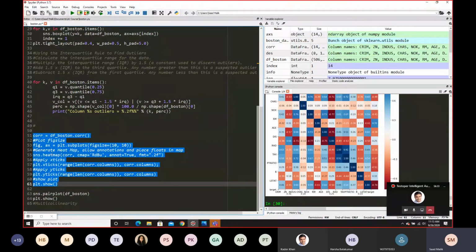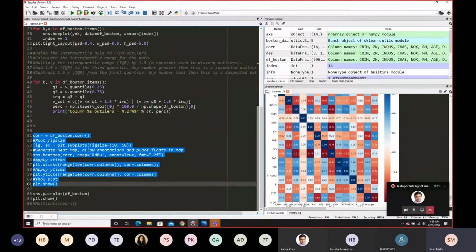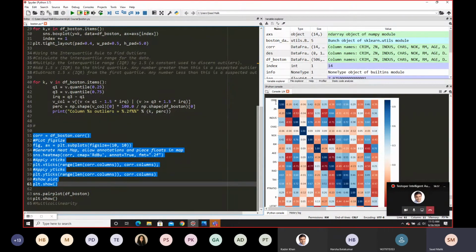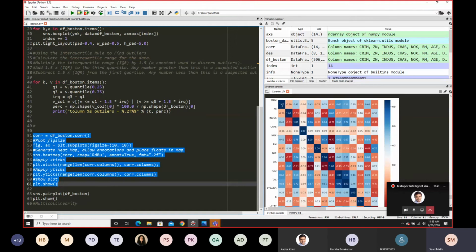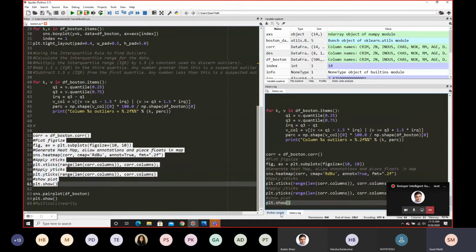So this is a heat map. We have all the variables on the X and the Y. And what this does is a pairwise correlation of the values. So obviously, because it's comparing crime and